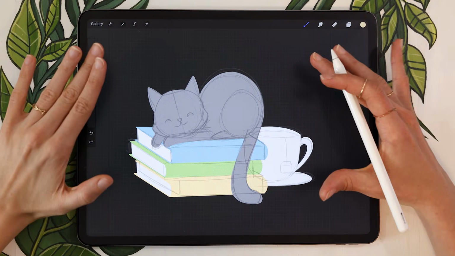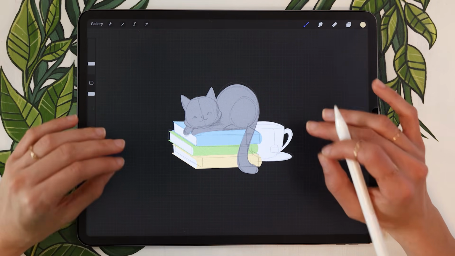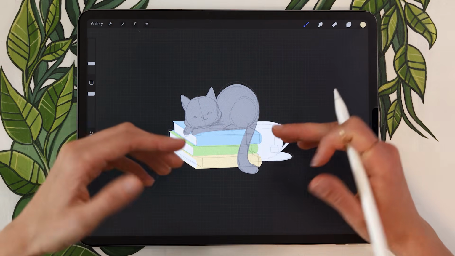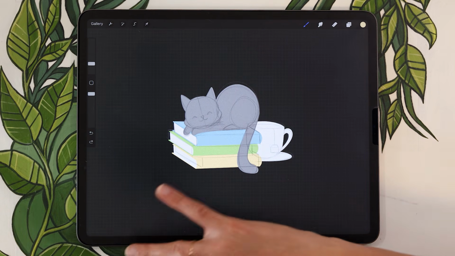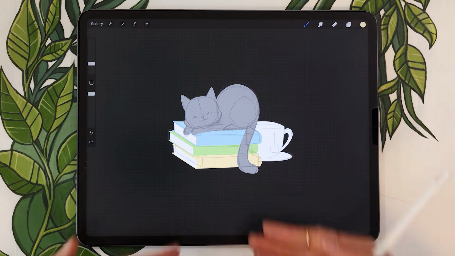Awesome, so once you're happy with your color palette, we're going to create a super quick background. I'm going to keep mine really simple. I'm just going to have a table and a wall, that's it, but you could have something more intense, of course. So what I'm going to do here is I'm just going to start by setting one uniform color for